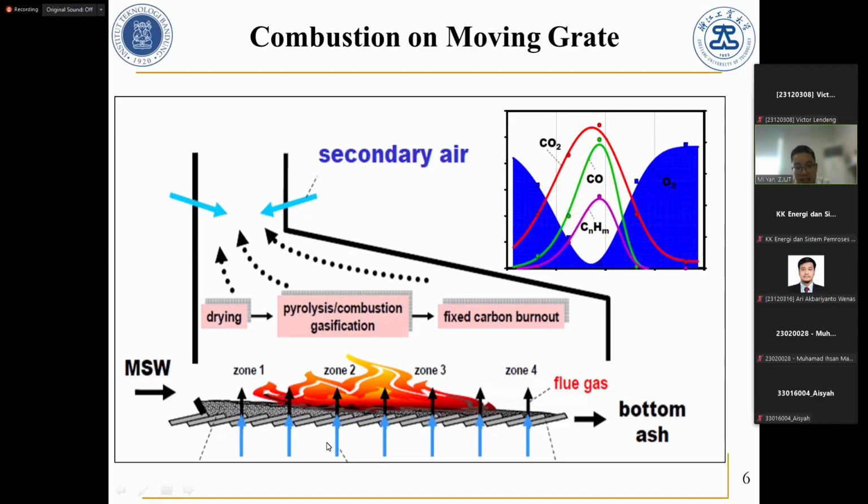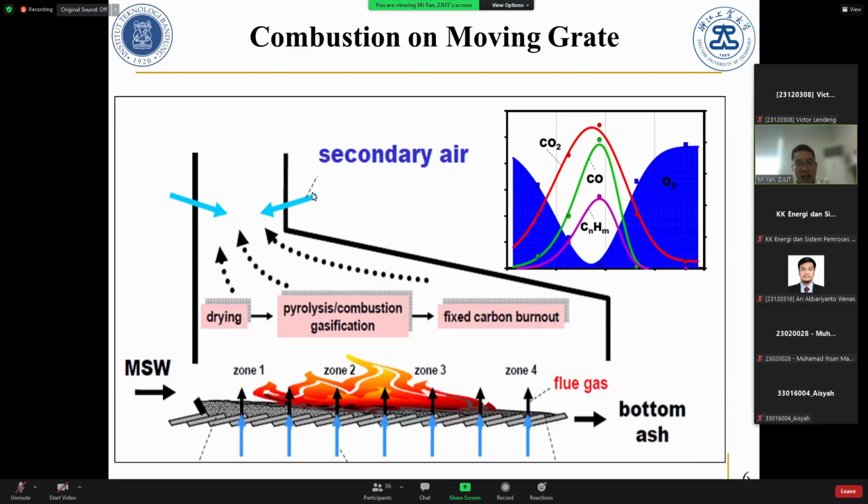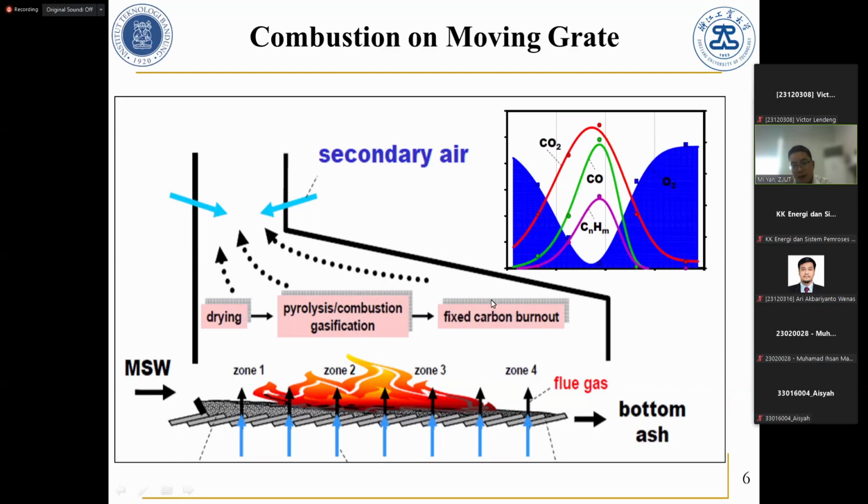Burned, we just supply primary air, and we will use secondary air to completely burn it in the furnace, not on the grid. On the grid it is incomplete. So mainly it is pyrolysis, combustion, or gasification. And if we test the combustion or incineration efficiency, we will detect the bottom